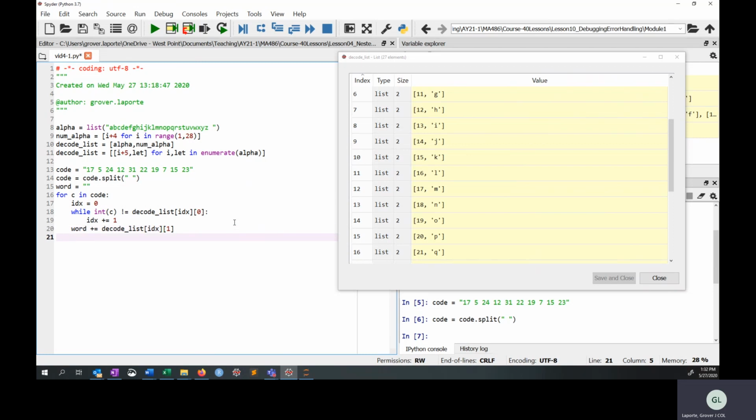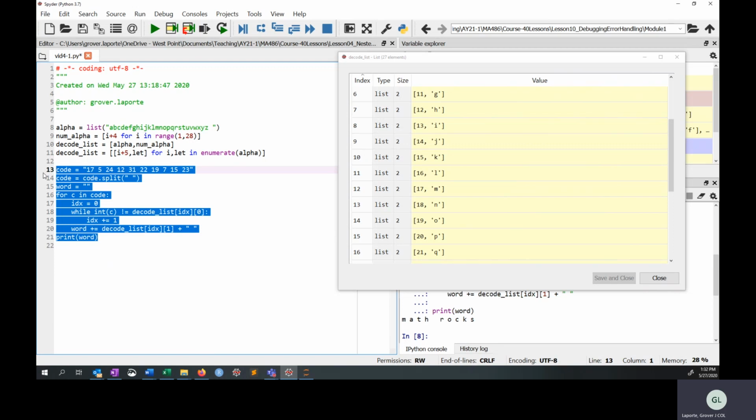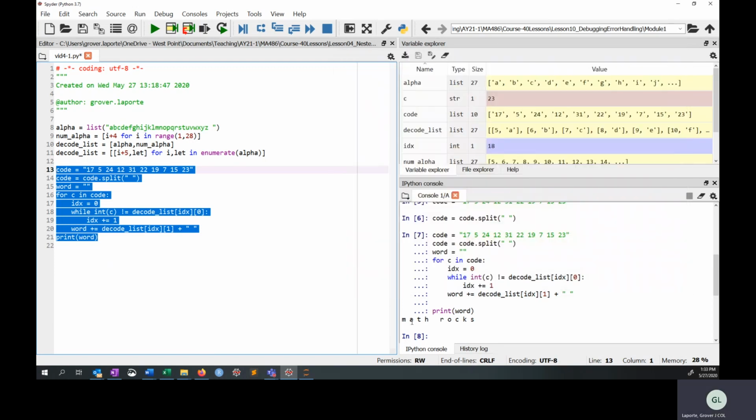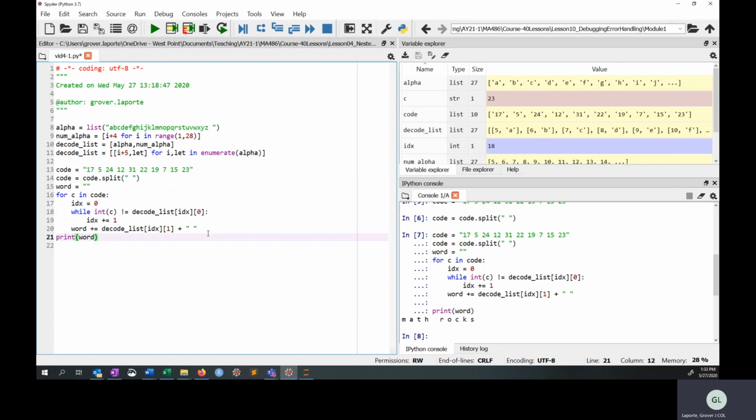And then if we do that, oh wait, yes, right. So we need to do the same thing that we did last time, where we just add a little space. So if you add a little space, and then when you're done with this for loop, we can just print word. Okay, so let's see what happens. And if you see what happens down here, it says math rocks, which is exactly what we encoded yesterday or